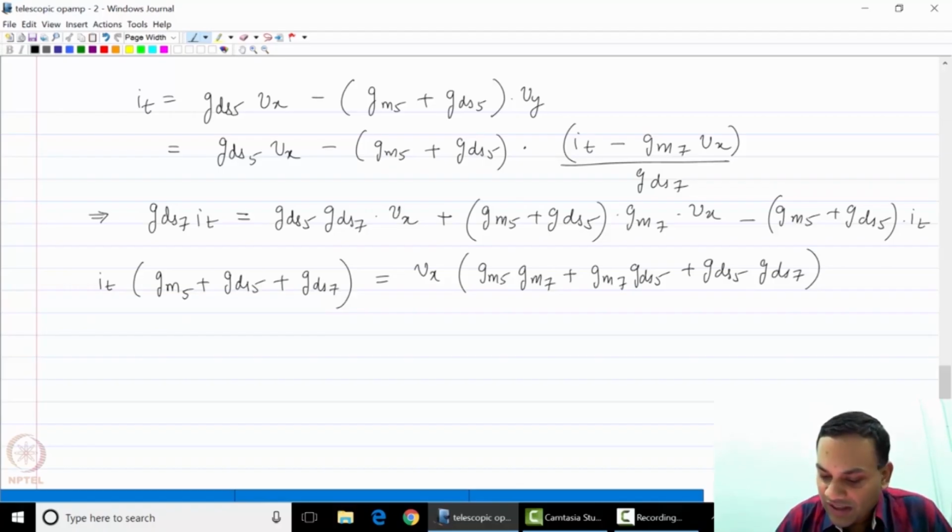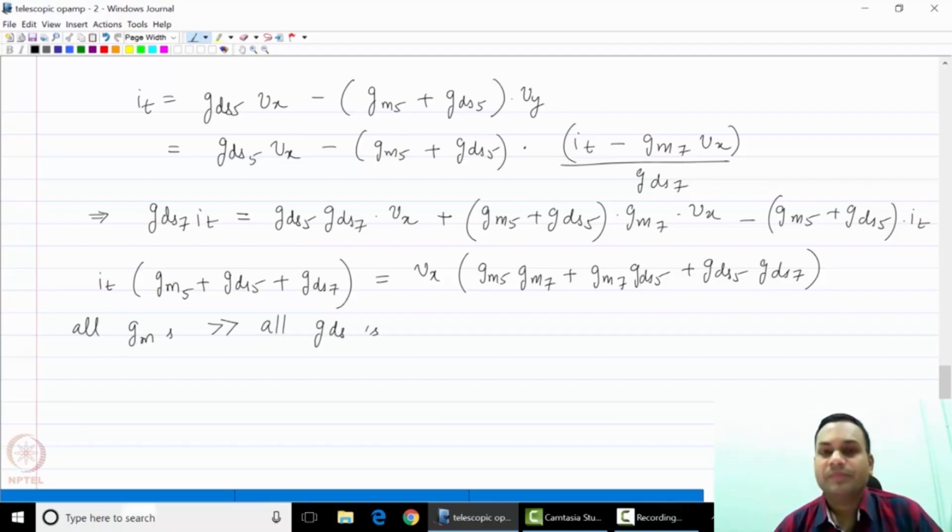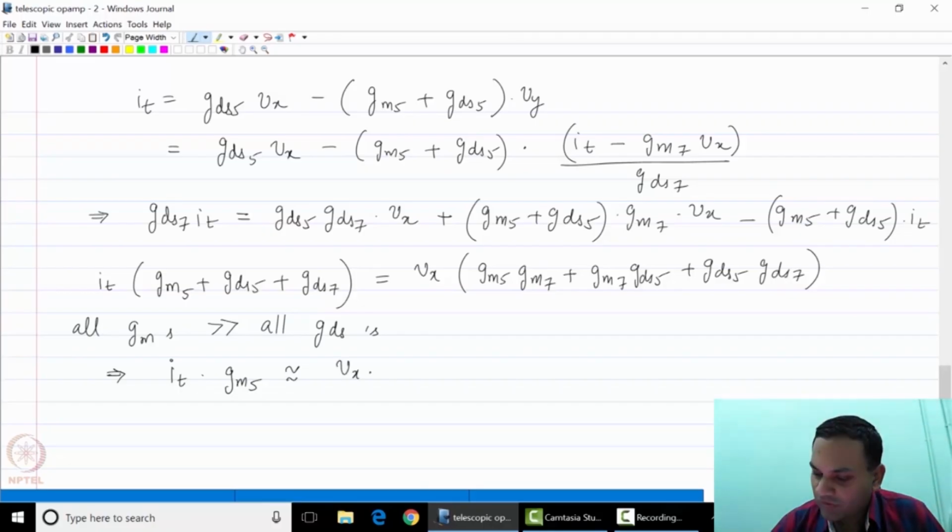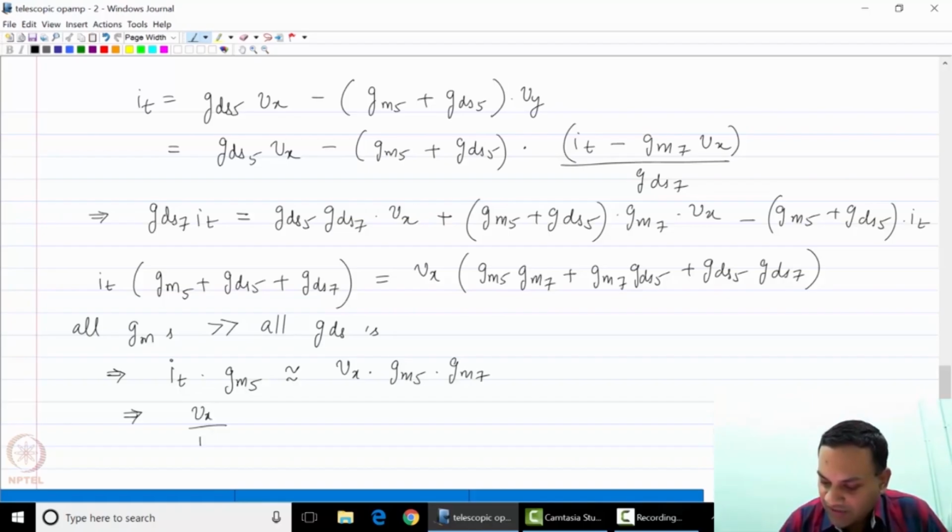Now, we will say that all the gms are much larger than all the gds's. In other words, all the transconductances are much larger than all the output conductances. If you apply this approximation, IT times gm5 is approximately equal to Vx times gm5 times gm7, and this tells me that Vx over IT is approximately equal to 1 over